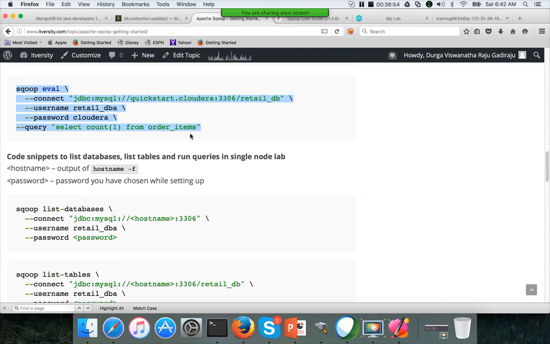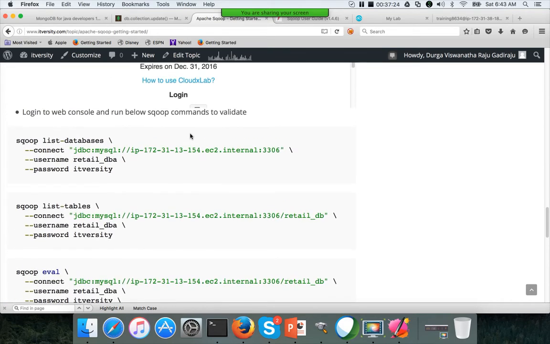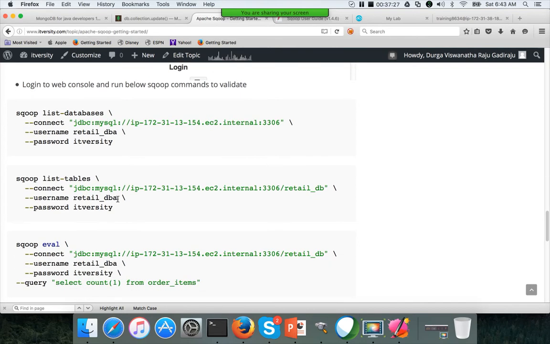So Sqoop is just an export import utility. It is not a self-contained application, which means that you cannot just develop a Sqoop command and assume that it will run on a daily basis. That is not the case. Sqoop has a set of commands using which you can develop a data integration platform to connect to the source database and load into HDFS or vice versa. Okay.